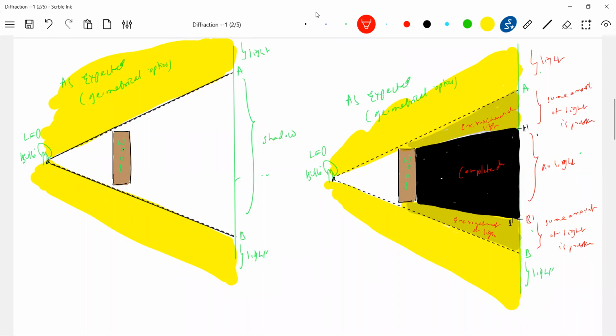Able to get this? So why is there light in A dash? Why is there some light? Because of bending of rays of light here. Here bending occurs. Bending of rays of light occurs at edges. Okay, got this? So I'll later on show that here it is completely dark, and here also it will be completely dark. This is what is practical.